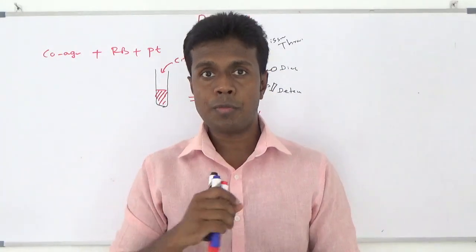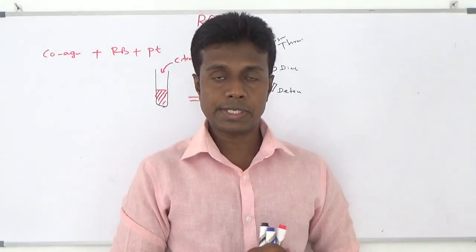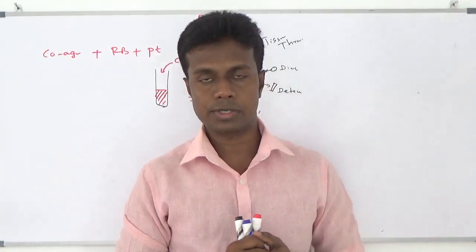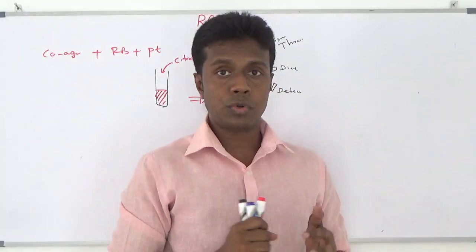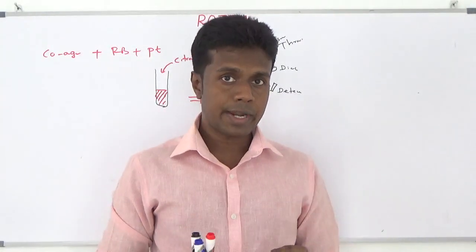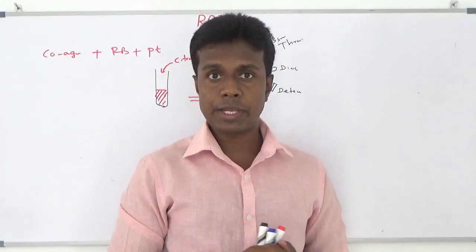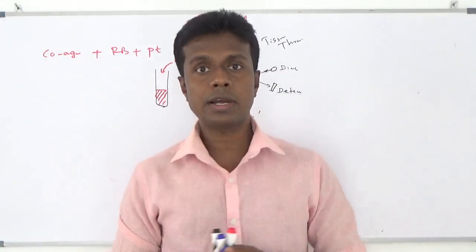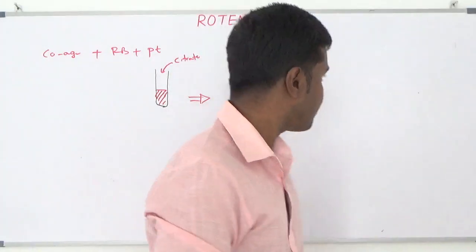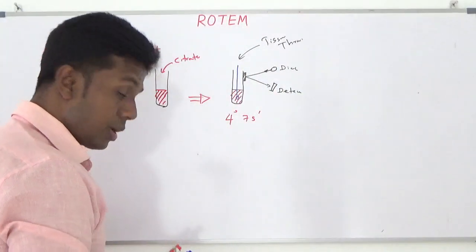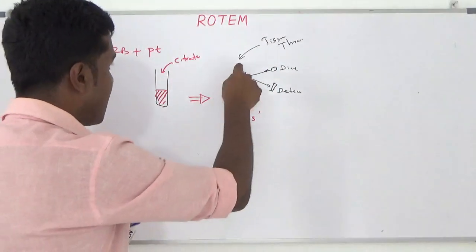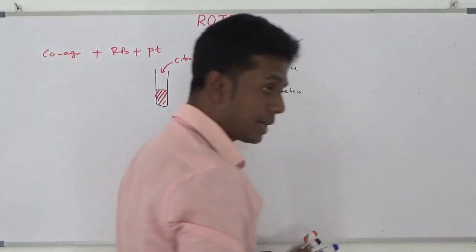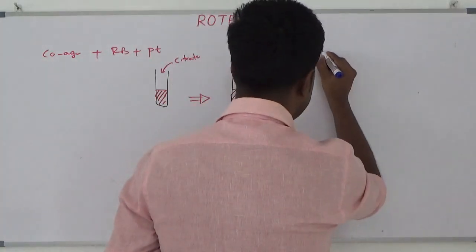When the clot is formed gradually, the resistance will be more. The movement gradually reduced. Then it comes to the maximum level. After that, what he noted is my rotation gradually increases and nearly comes back to the normal level. He drew a graph for the resistance which appears in the pin during the rotatory movement. We will see what he saw.